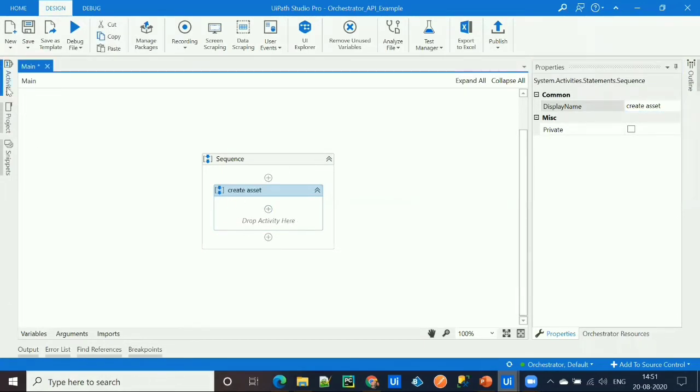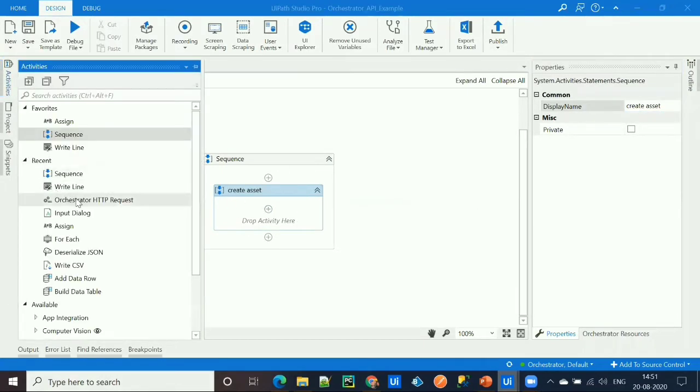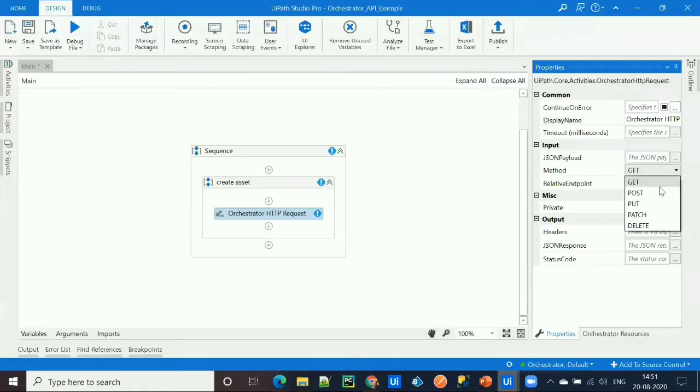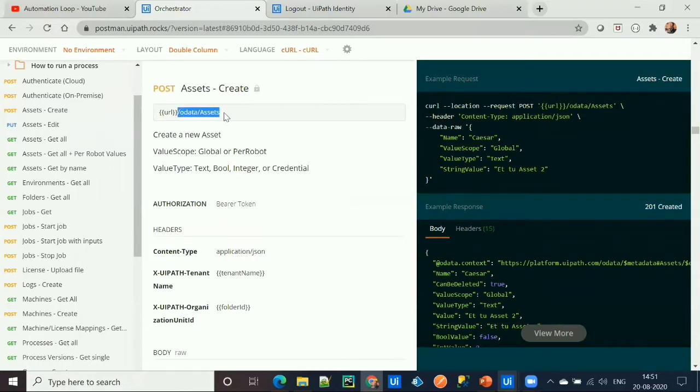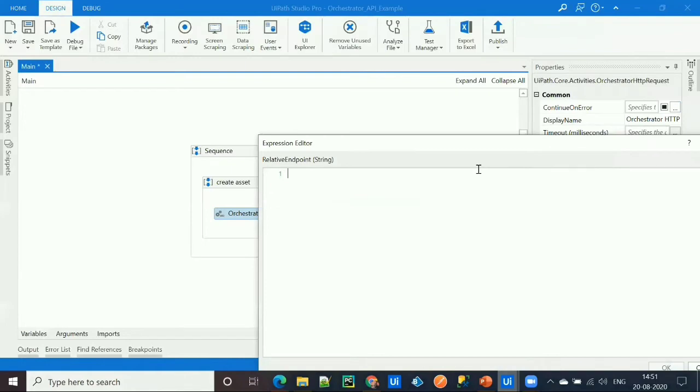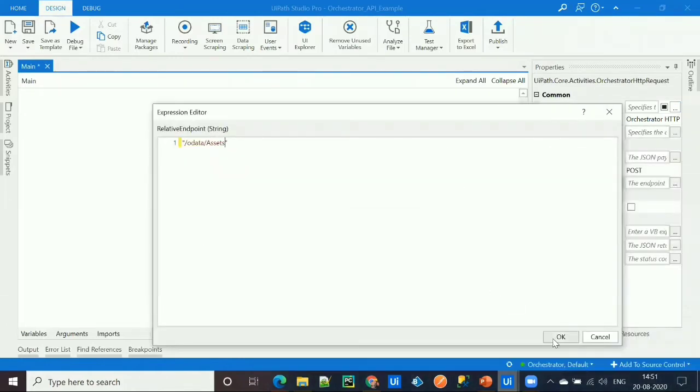Inside this sequence, I'll simply drag the Orchestrator HTTP request activity as we are creating an asset. The HTTP method is POST, so I'll simply select it from the dropdown. Then I'll copy and paste the relative endpoint inside double quotes as we have to provide the value as a string.